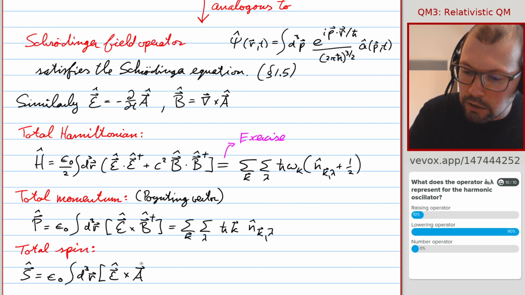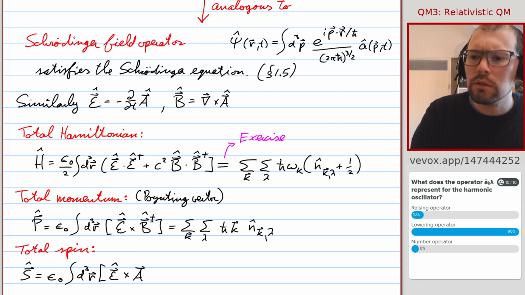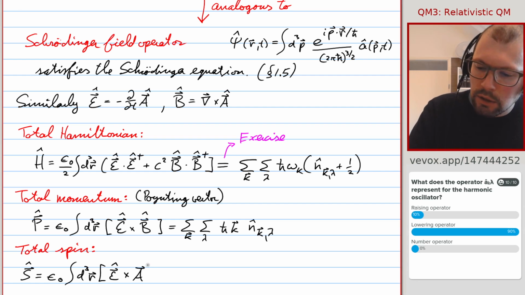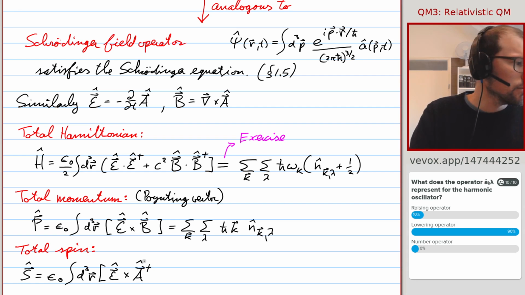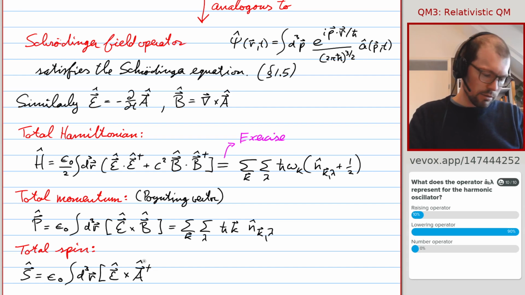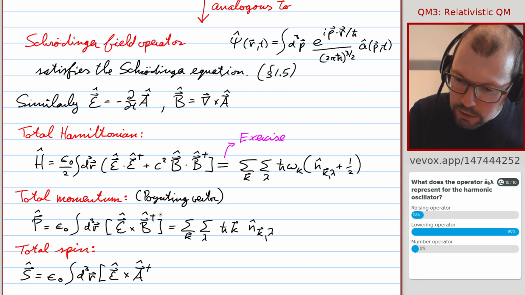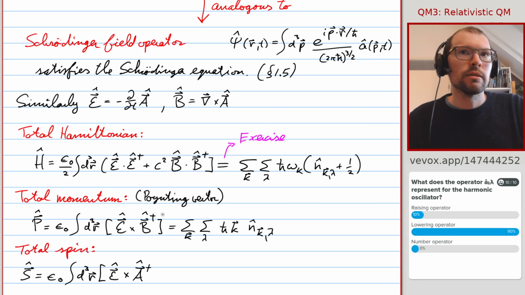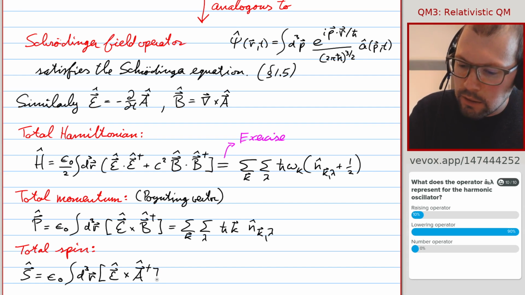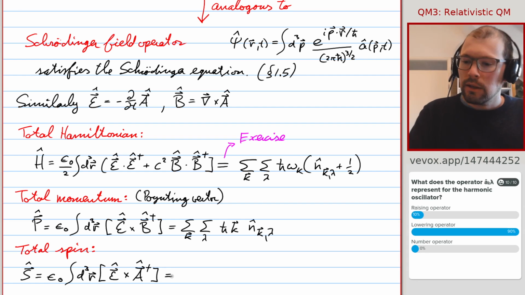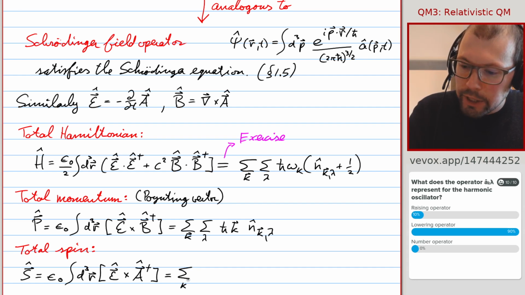Sorry, there should be daggers here. Okay, I should check whether we should put a dagger in or not. Here we should have a dagger. Let me check the lecture notes quickly. Yeah, we should have a dagger here as well. And there what we get is